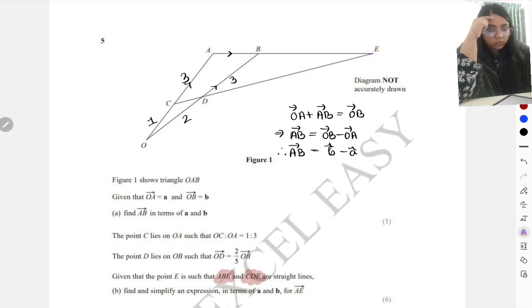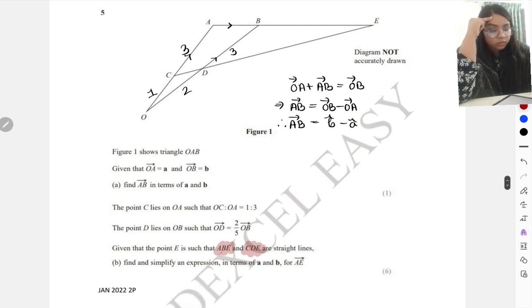That's one we can use. Another is that it is an extended version of AB, right? ABE is a straight line. That means AE must be mu times AB or lambda times AB. So we can write for part B, we'll just first start with the easiest one, that ABE is a straight line